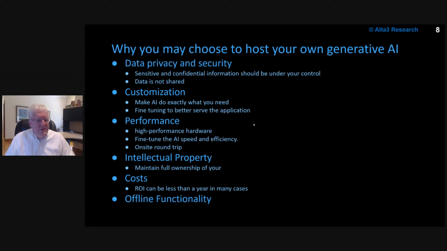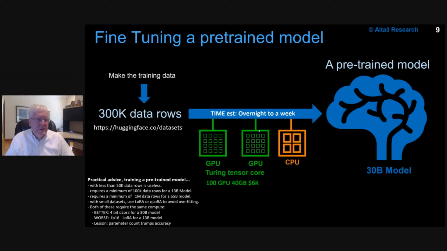As far as offline functionality goes, I love it that I can store 1.5 petabytes of knowledge in an itty bitty little spot, and it's right there, it's right online. I'm not going out into the internet and looking stuff up. It's in my own model that is trained with all the stuff that I need it to do. So those and others would be the compelling reasons why you might want to do this on your own, which I'm predicting pretty much everyone's going to want to do this on their own.